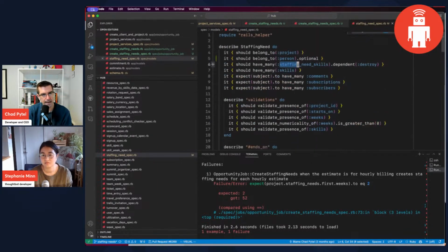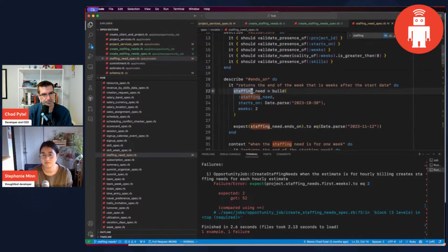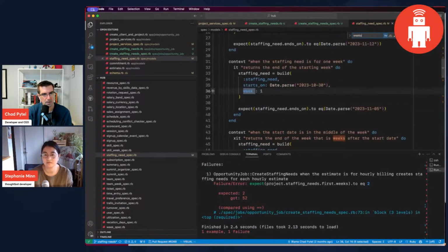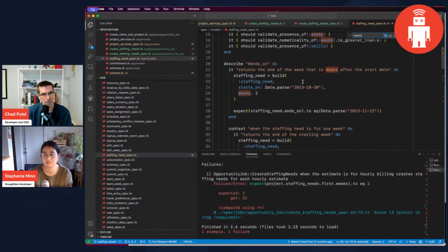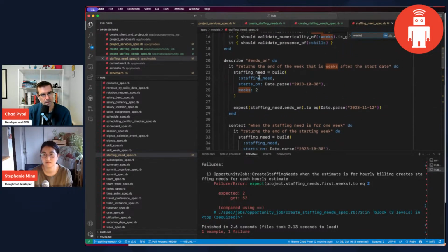Now, what it's doing now, it's computing the end date based on that number of weeks. But if, for example, it was to be quantity and quantity was 40 because the project is hourly,